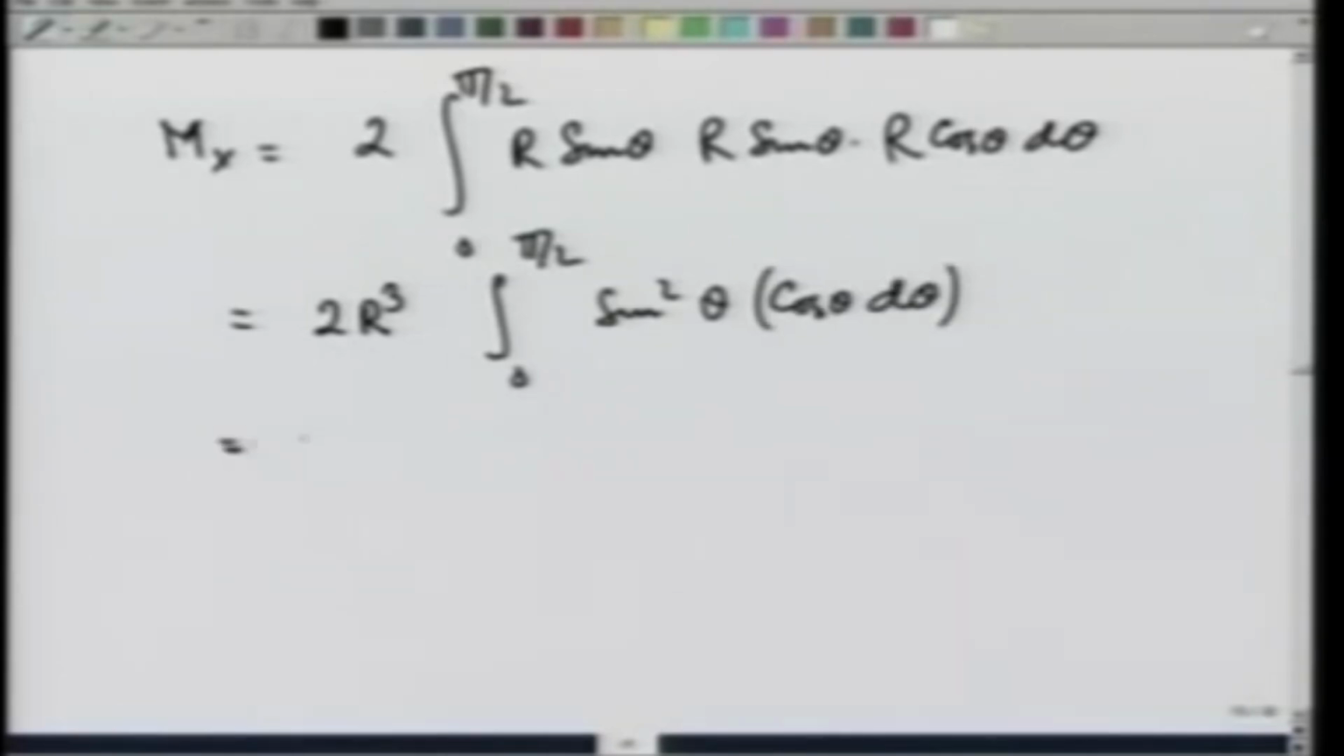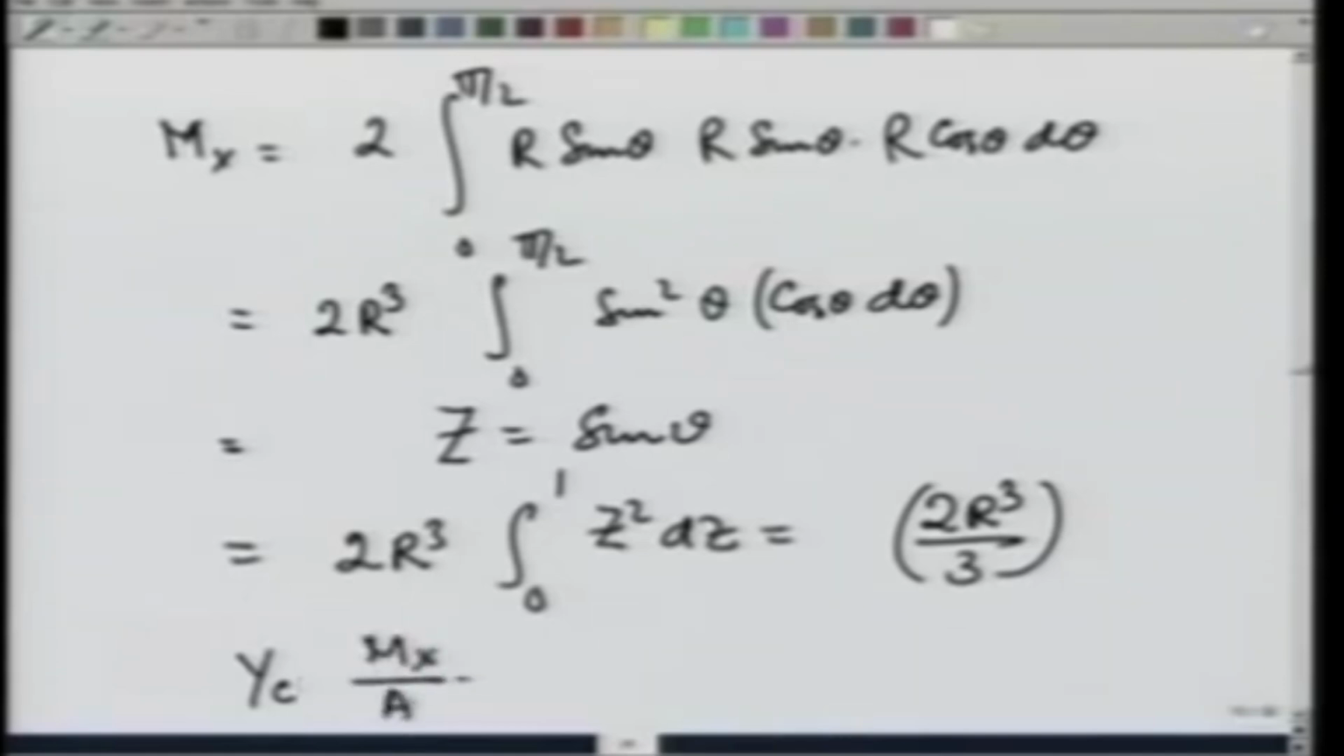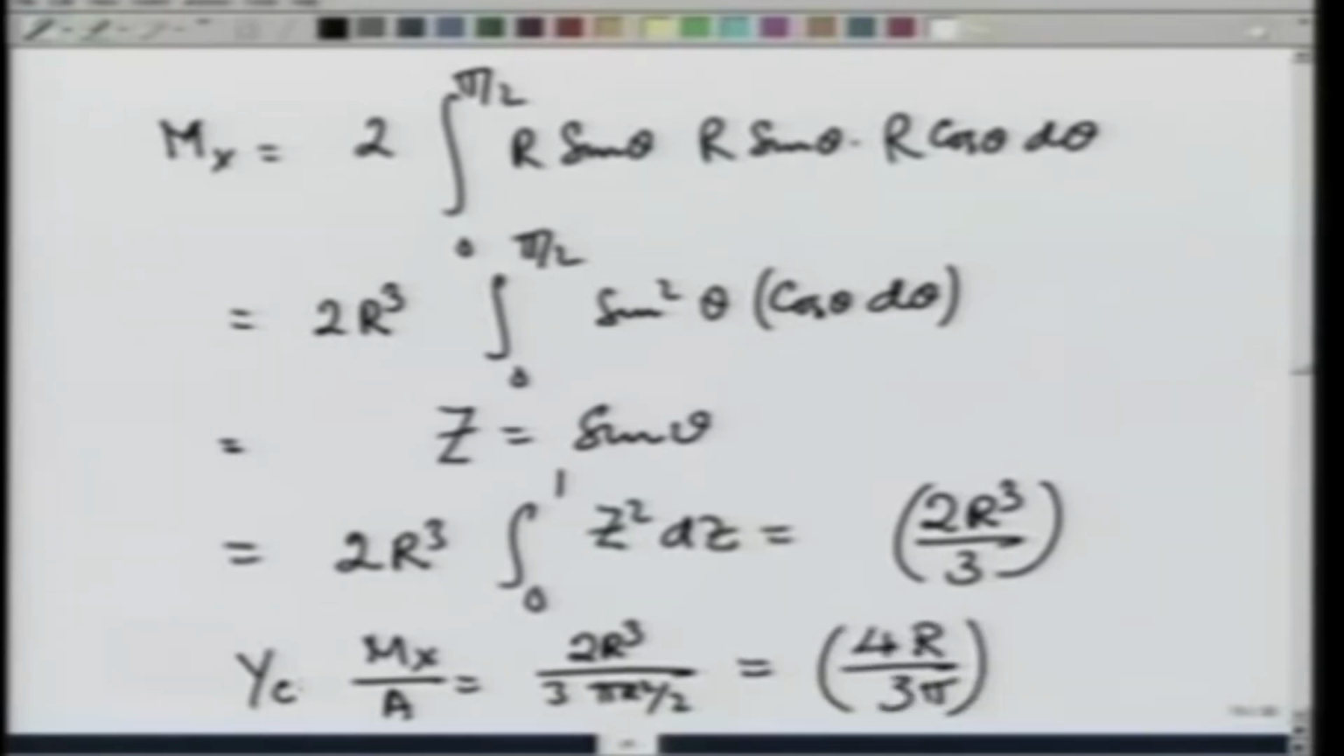So, by substituting z equals sin theta, I can write this as 2 r cubed integration 0 to 1 z square dz, which is 2 r cubed divided by 3. That is mx, and therefore, y centroid, which is mx divided by the total area, is going to be equal to 2 r cubed over 3 divided by pi r square by 2, which is nothing but 4 r over 3 pi. Therefore, if I look at this semicircle,